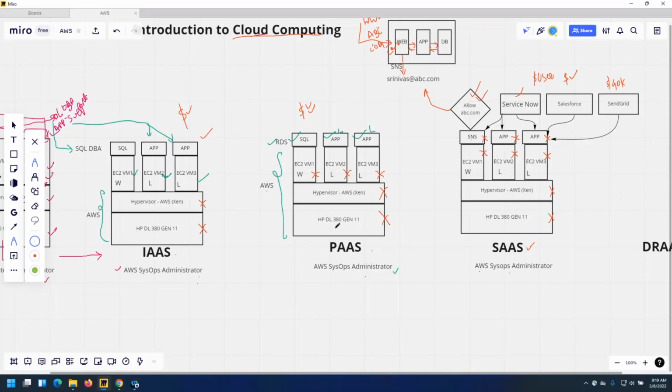Meaning, you will not work on the hardware, but as an administrator, you will set up a SendGrid if required. You will set up ServiceNow if required. You will set up an SNS service if required, or you will set up a SQL server if required. Lambda functions you will deploy as per customer requirement, and so on. These are all your day-to-day operations as part of your AWS SysOps engineer. Clear?